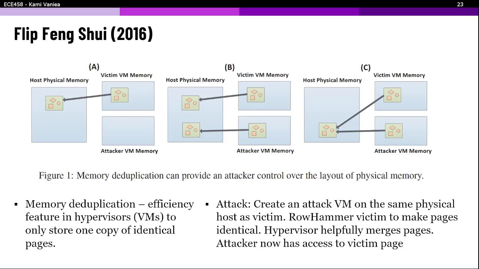So I get the victim's page into memory, I put the Rowhammer elements in, and I change the victim's page to look like my page. I don't care what their page originally looked like. I just want to change it to look like my page. Because if I can change it to look like my page, C happens. It becomes the case that in the actual physical memory, both of these are now pointers to the same spot.